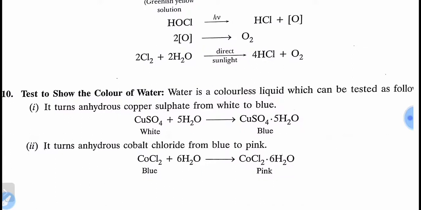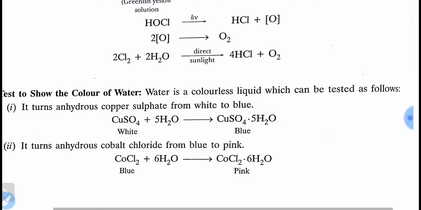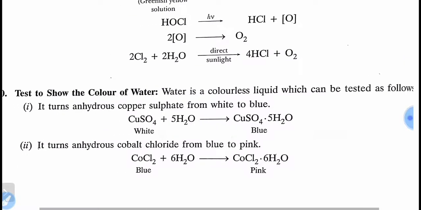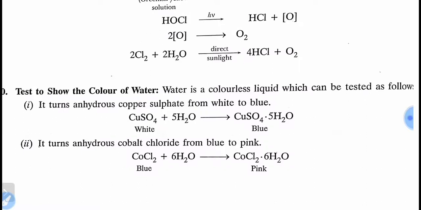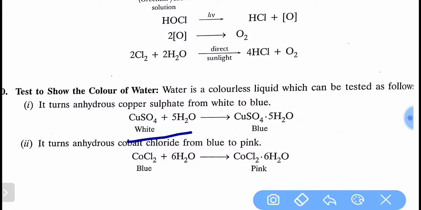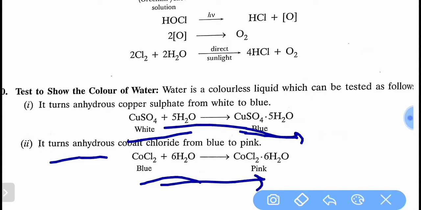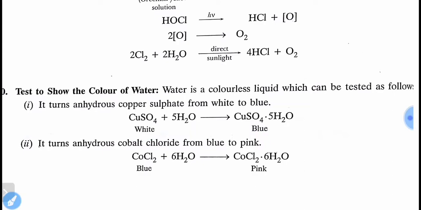Then the test for water. You know that water is colorless, which can be tested as follows. How can you test it? First, it turns anhydrous copper sulfate from white to blue. And it turns anhydrous cobalt chloride from blue to pink. So you can test it as follows: it turns white to blue here and blue to pink here. So it means that it is neither